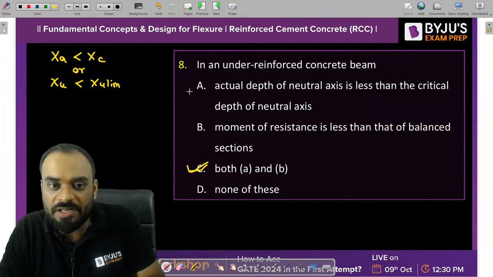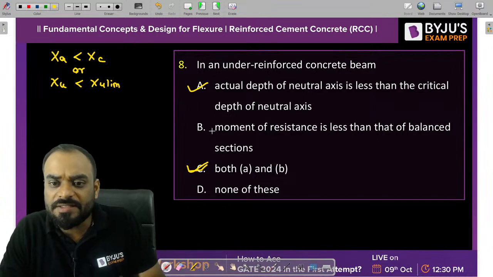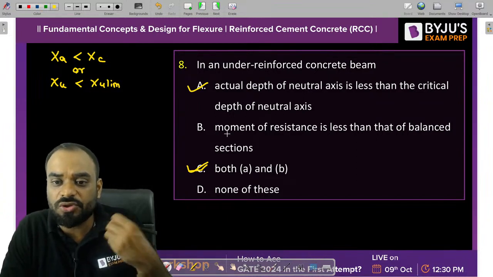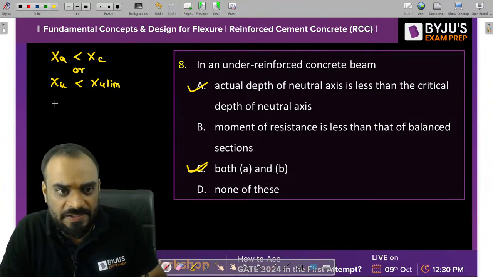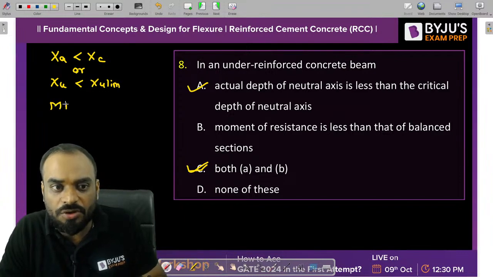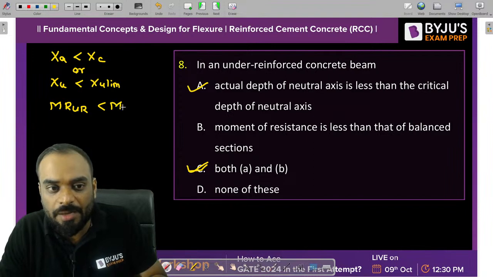So the first statement is what? Correct. Now what about the second one? In this case, the moment of resistance is also less as compared to balance section. Yes, definitely. If you talk about the MR of under reinforced section, it is always less than the MR of